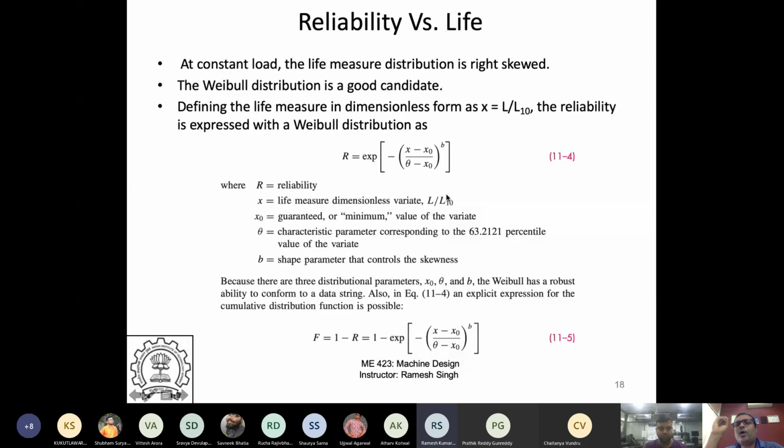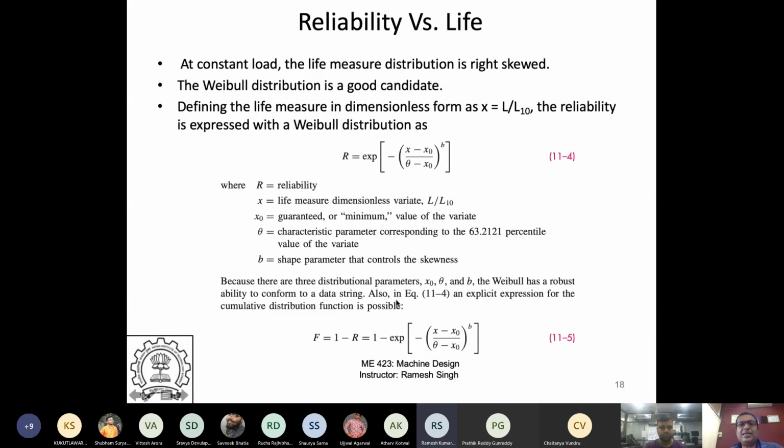L10 means the life for 90% reliability, and that is what a lot of bearing manufacturers quote. They will quote this is the life for 90% reliability. And theta is a characteristic parameter which corresponds to the 63.2121 percentile value.